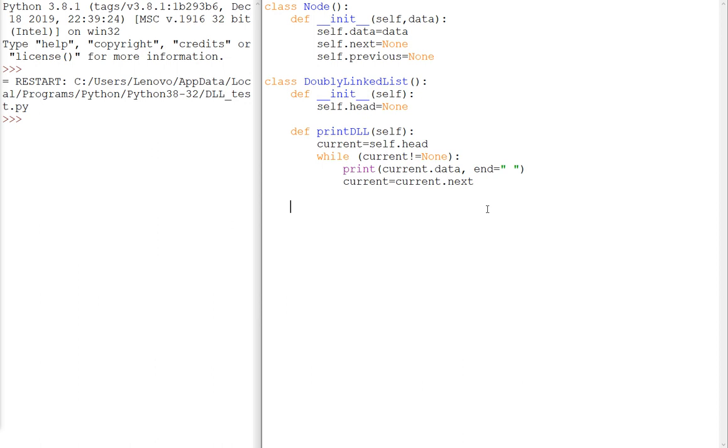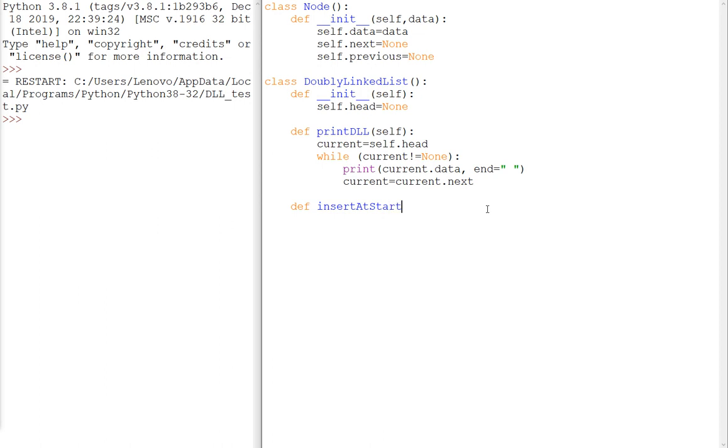You can insert at the middle if you want to. Just to be quick, we're not going to do it in this example. If you want to do it later on your own time, all you need to do is just traverse, look for the location that you want to insert after, and just insert it normally, just like what we are going to do right now. So I'm going to start with creating the method to insert at the beginning. Let's call it insert